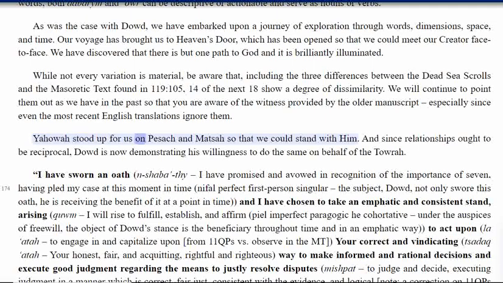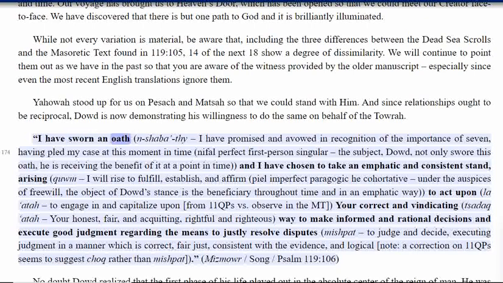Yahowah stood up for us on Pesach and Matzah so that we could stand with him. And since relationships ought to be reciprocal, Dowd is now demonstrating his willingness to do the same on behalf of the Torah. I have sworn an oath, en Shabat I have promised and avowed in recognition of the importance of 7, having pled my case at this moment in time, the full perfect first person singular, the subject, Dowd, not only 174 swore this oath, he is receiving the benefit of it at a point in time,